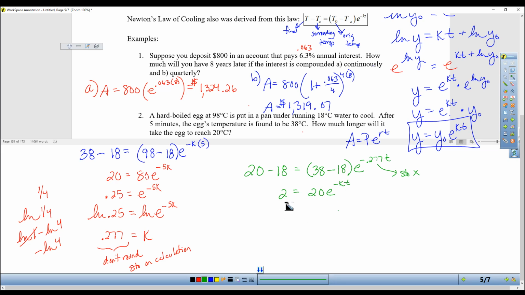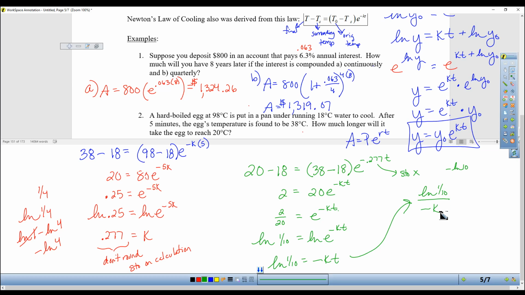So 2 divided by 20 is 1/10 e to the negative kt. So I take the ln of both sides. Ln of 1/10 is equal to ln of e to the negative kt. So you're going to get an answer for this, natural log of 1/10. And on this side, you'll have negative kt. So it's going to be the natural log of 1/10, which, by the way, is the same as negative ln of 10, for the same reason as it was over there, if that's better for you,